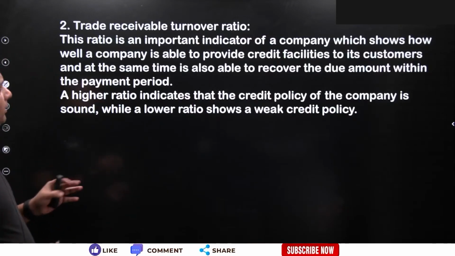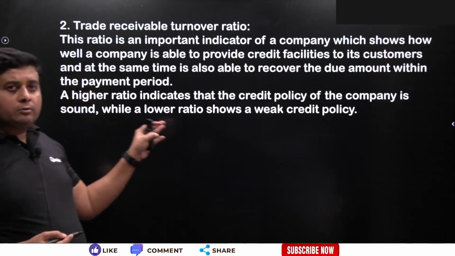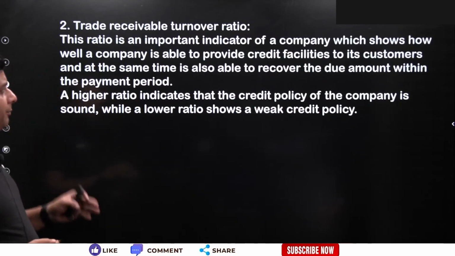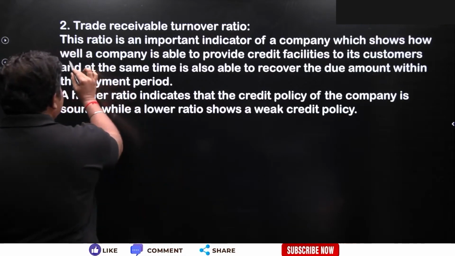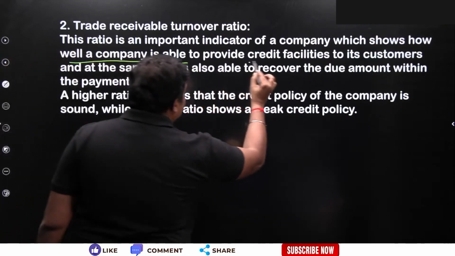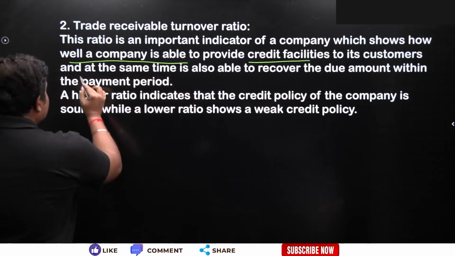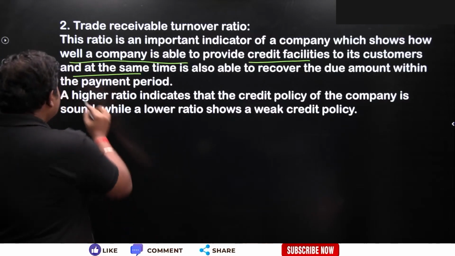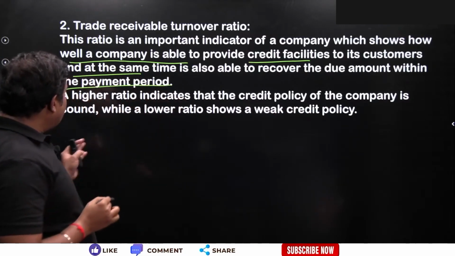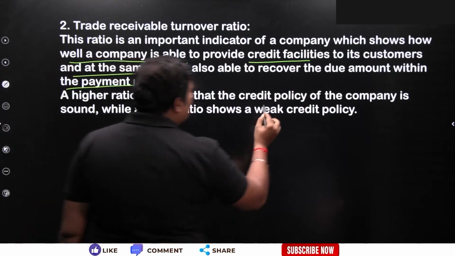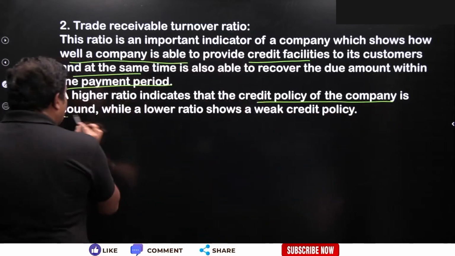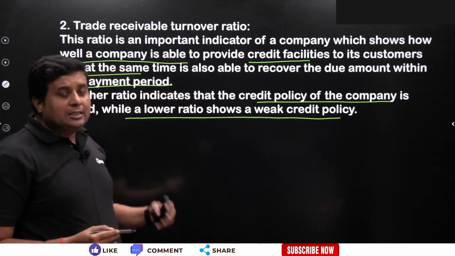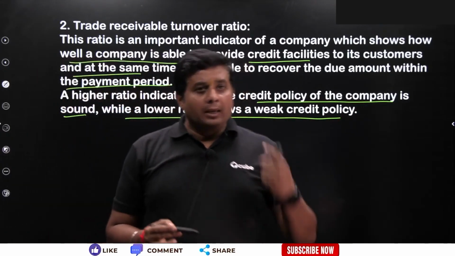Next one is trade receivable turnover ratio. So first of all, we need to understand what is trade receivable turnover ratio. So it is again a very important indicator of a company, which shows how well a company is able to provide credit facilities to its customer, and at the same time is also able to recover the due amount within the payment period. A higher ratio indicates that credit policy of the company is sound, while a lower ratio shows a weak credit policy।